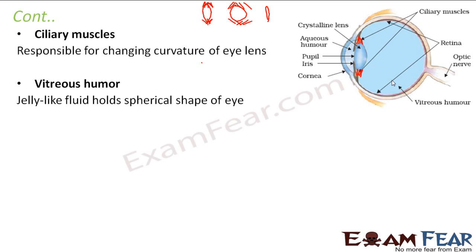You are able to see the cornea, that is the outermost covering. Then you are able to see the pupil, that is the small black dot in the middle of your eye, right? You are also able to see the iris, which is the outermost covering of the pupil. Just around the pupil, when you look at your eye, it is somewhat like this, right?